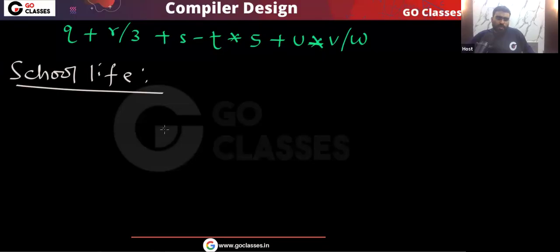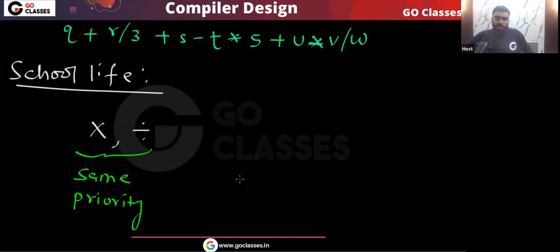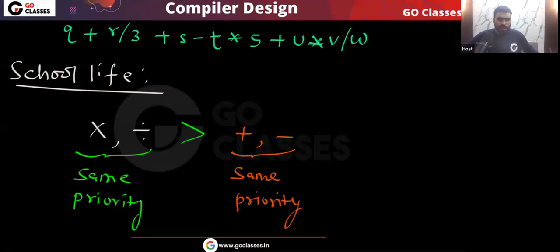In school life, you have already seen what precedence is. You already know these operators. Multiplication and division have the same priority, the same precedence. And they have more priority than addition and subtraction, and addition and subtraction have the same priority. Yes or no? And also,